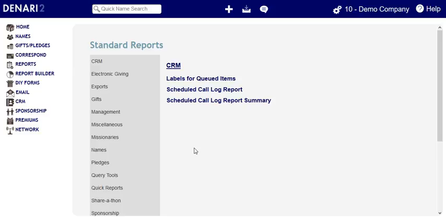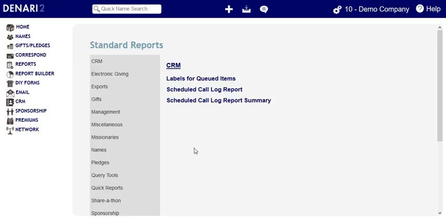Second, you only use the filters that you need. All of the segmenters and most reports in Denari start with all records. So for example, if you want a list of all your gifts, you can create a gift segment and use no filters. If you then only want those gifts in a specific date range, you will use only that filter. Since you're starting with all gifts, you're reaching into the bucket and pulling out only those that fit in that